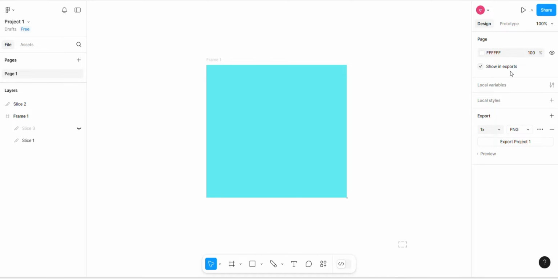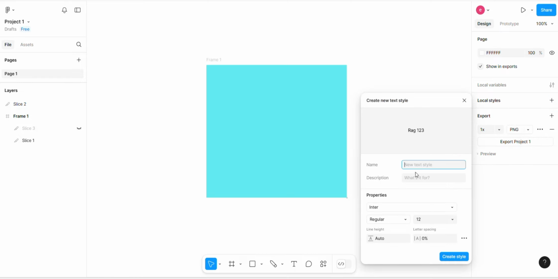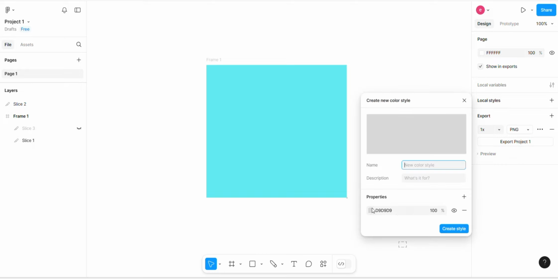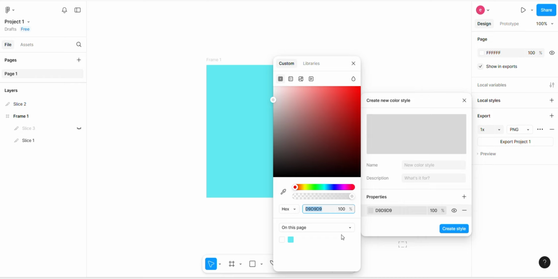Properties panel. The right sidebar shows properties for the selected object, allowing you to adjust colors, borders, shadows, and more. Familiarizing yourself with the toolbar will greatly enhance your design workflow in Figma. Now that you understand the essential tools, let's move on to designing with shapes and text.